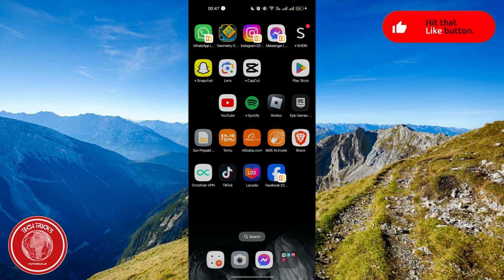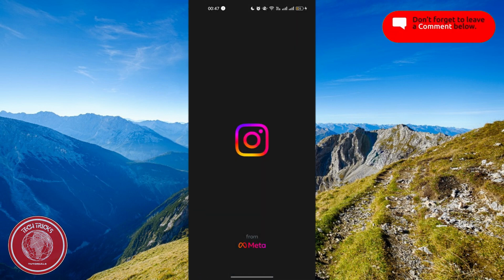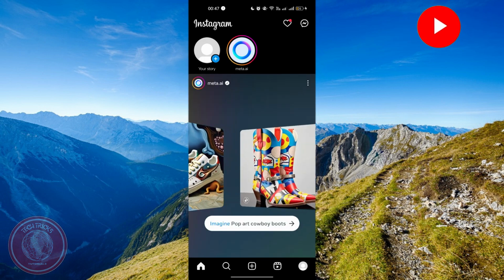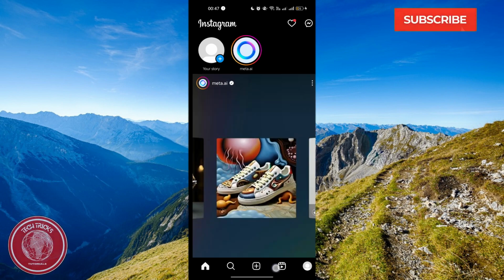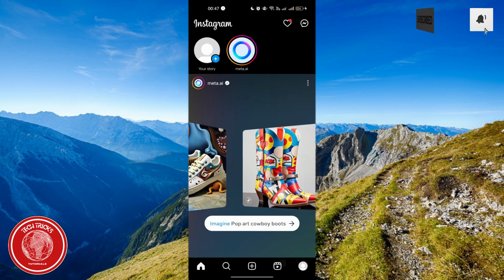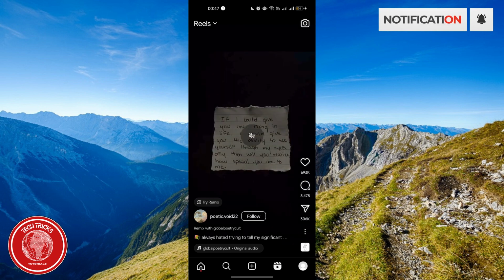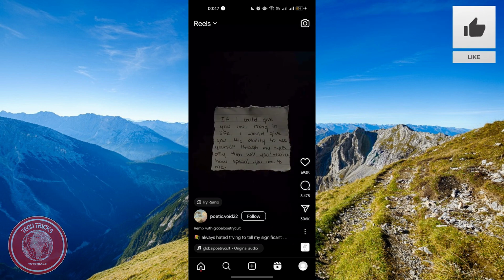So the first thing that we need to do is to open our Instagram app right here. And after opening your Instagram app, on the bottom, just click this reel icon right here on the bottom. So just click it. And after that, if you look on the bottom left corner of the screen, if your